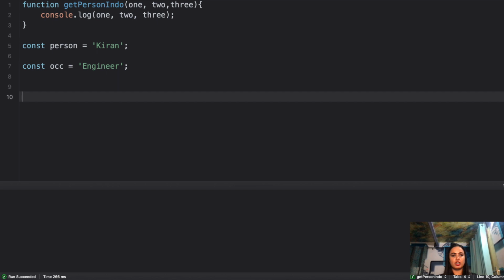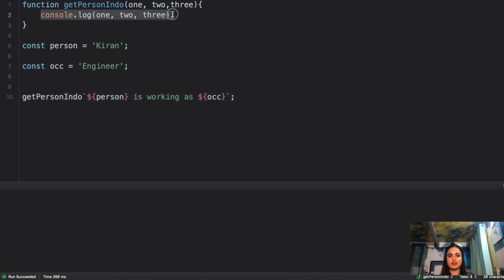And now I am calling your function getPersonInfo using string literals. So here your first argument would be the person is working as like this. What do you think is going to be the result from this program? What is going to be the console log for these three arguments? And I'm calling this function like this.